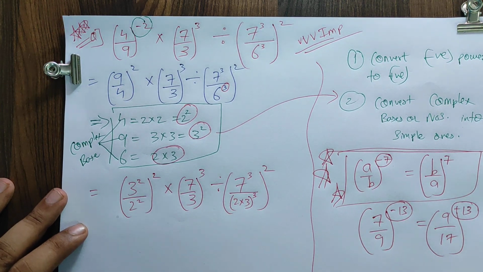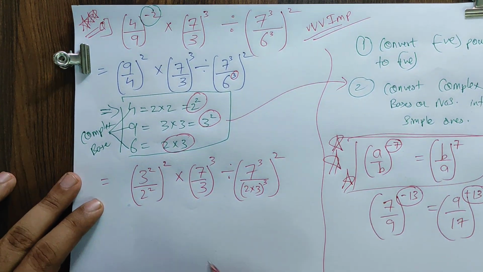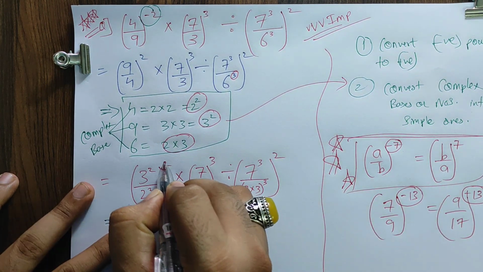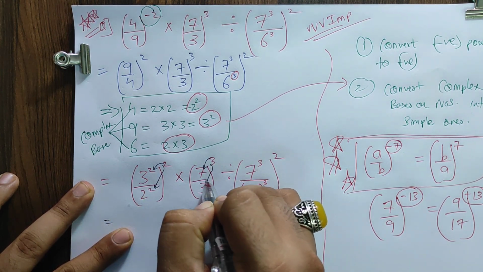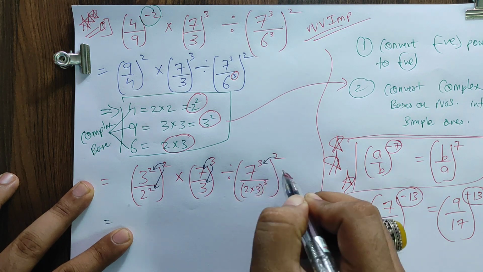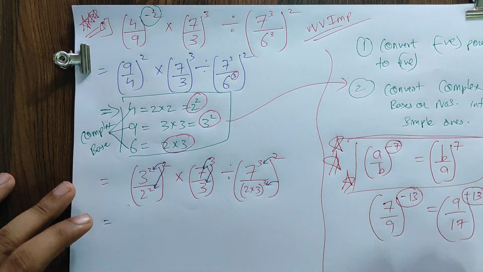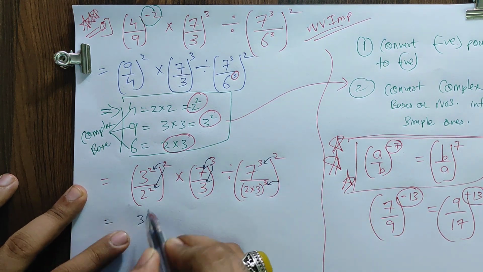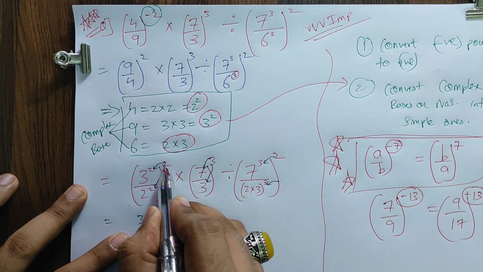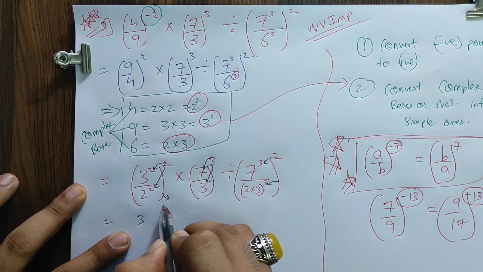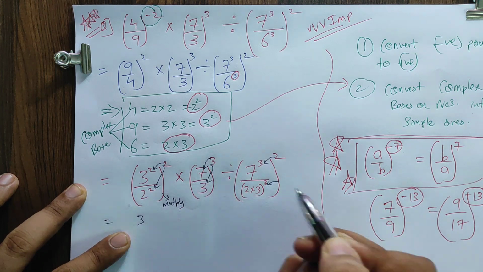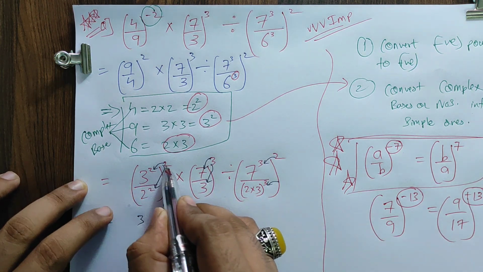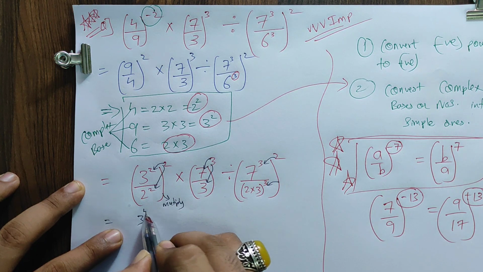Next, moving ahead, this 2 will become the power of this as well as this. This 3 will become the power of 7 as well as this 3. This 2 will become the power of this, and as well it will come to this. So this will become 3. It's already we have 2. This 2, it's a bracket. Bracket means multiply. Here also it's a bracket, means multiply. So this 2 and this 2 get multiplied. 2 2s are 4. This becomes 3 raised to 4.